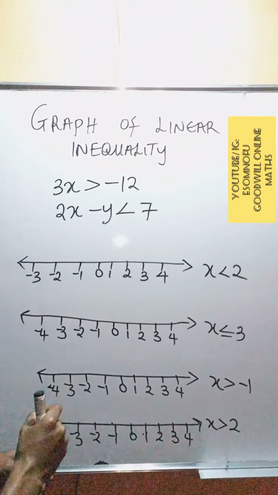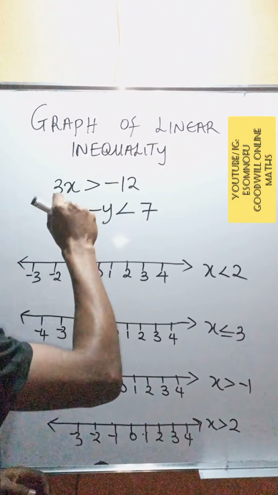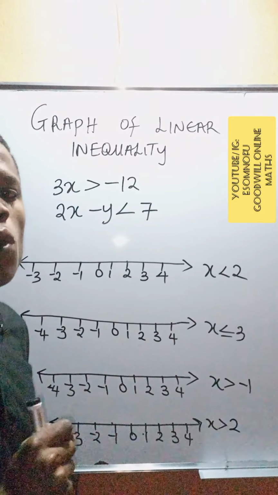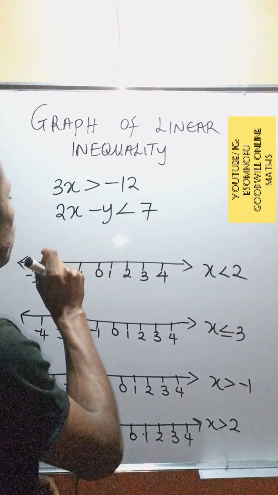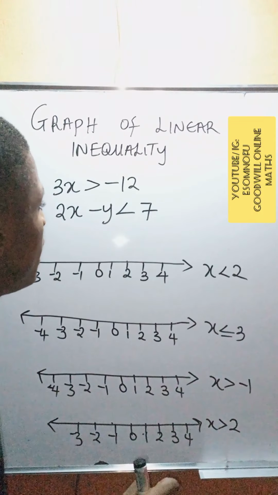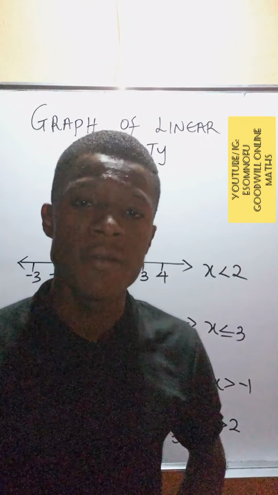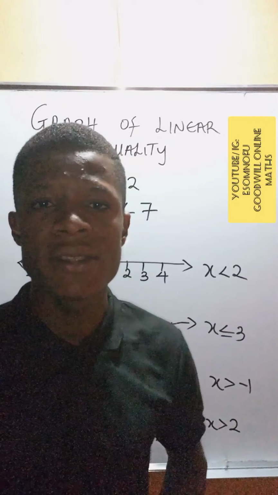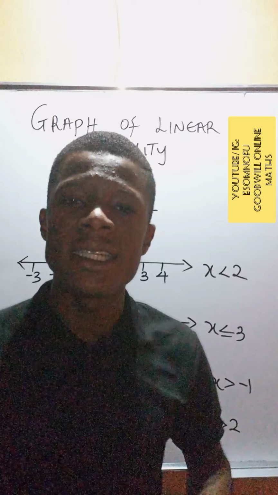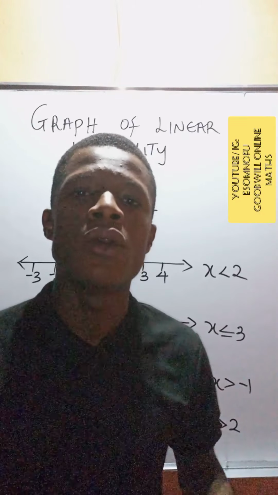Then if you observe this inequality, the first one has one variable. The first one is called linear inequality with one variable. And the second one has two variables, x and y. It is called linear inequality with two variables. But in this video, I'm going to show us how to represent linear inequality in one variable on a number